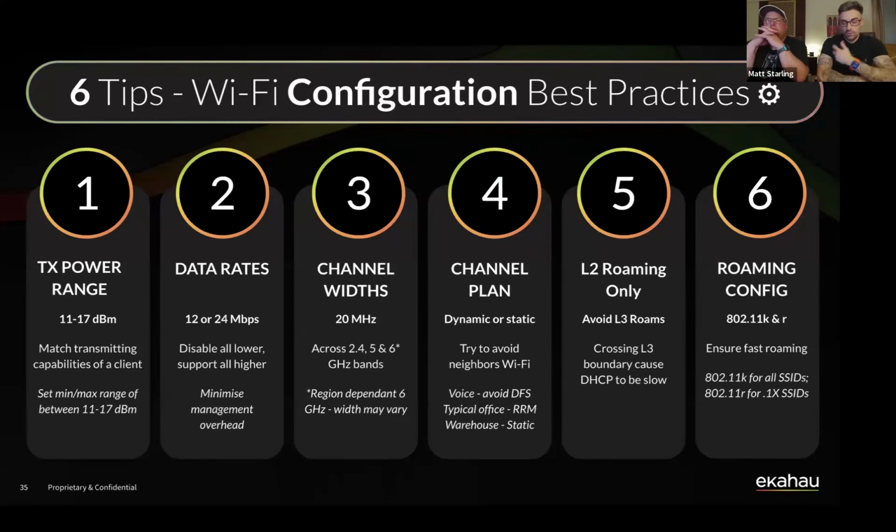Yes, sometimes in your space you might be able to do 40 megahertz wide or 80 megahertz wide, but 5 gigahertz is getting congested. We know there's lots of devices out there. I would stick with 20 megahertz wide. You can get great data rates with 20 megahertz wide channels, and you want to minimize the amount of channel interference. 6 gigahertz, depending on where you are, you may be able to get away with using 80 megahertz wide channels, or if you're in the Middle East, like we're in Dubai right now, they get 500 megahertz on 6 gigahertz.